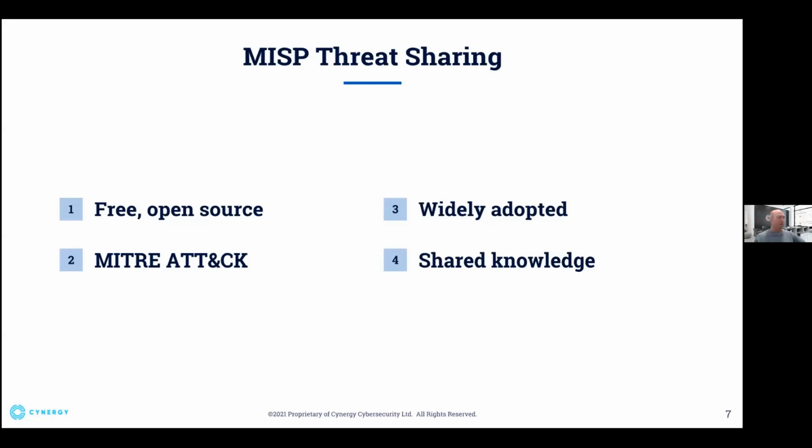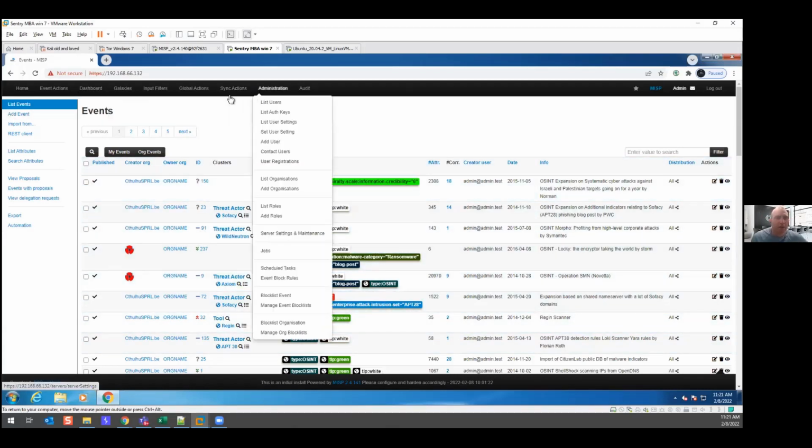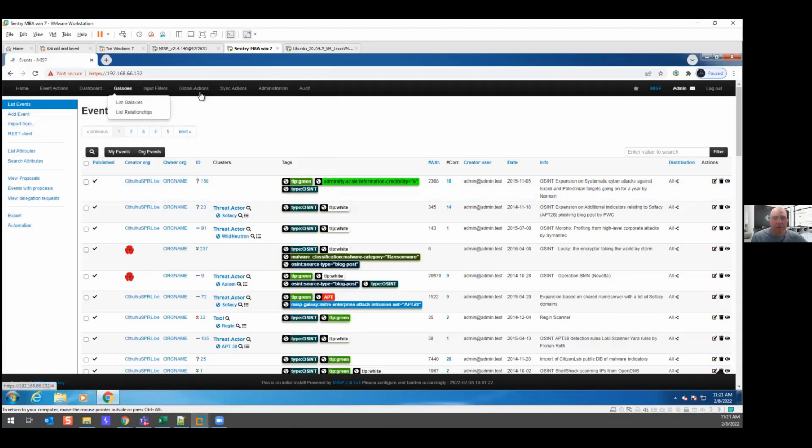Now, the way that many organizations are using MISP, by the way, I think that most of your threat intelligence providers are using it as well, and they are giving it to you for money, is that basically this is MISP. And the way that you're using it is you can, as an administrator, create a job of syncing. Sorry, I just started the sync process yesterday.